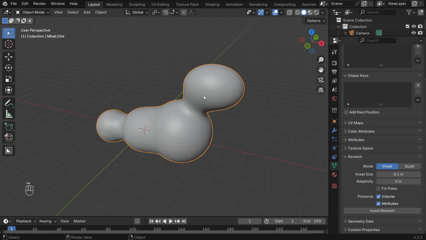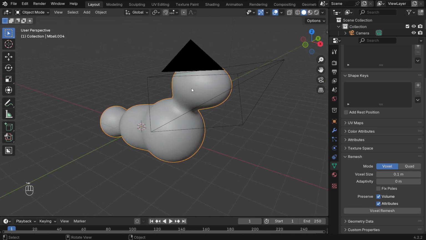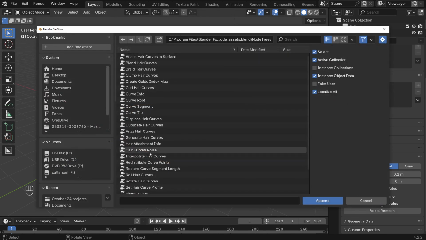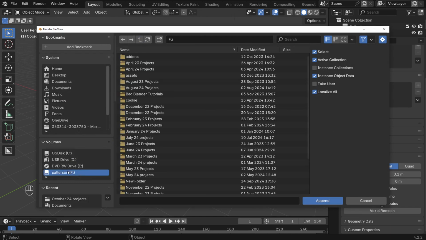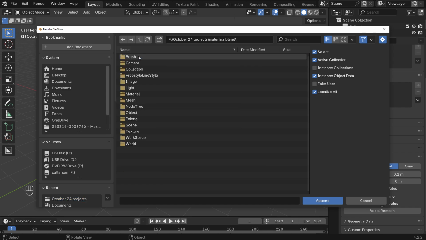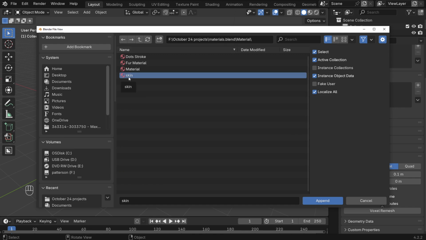So now what I want to do is, let's go ahead and just import that material I made in the other Blender project. So if I go to File, Append, and I go to my projects over here, let's go to the F projects, October 24, I have materials. Inside of that Blender project, I can now go to materials, and then I have this skin material that I made earlier. So now I can append it,